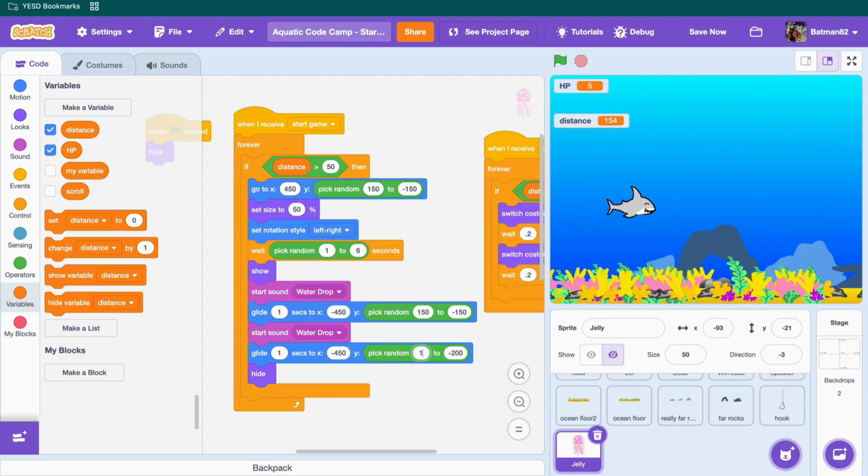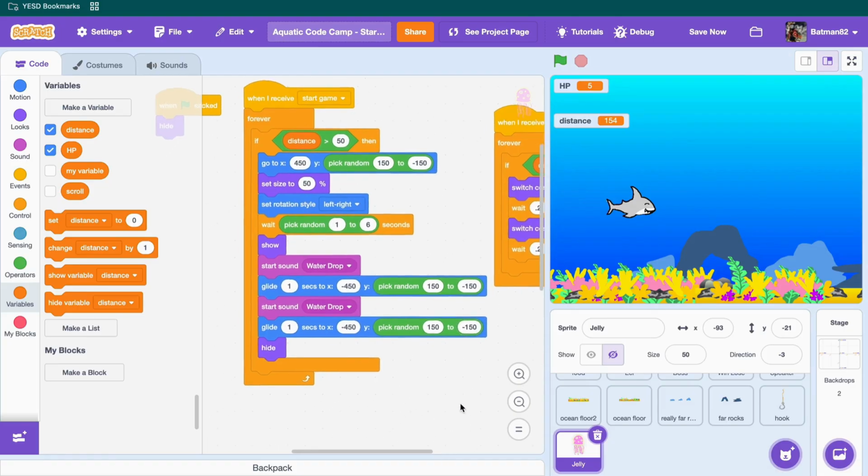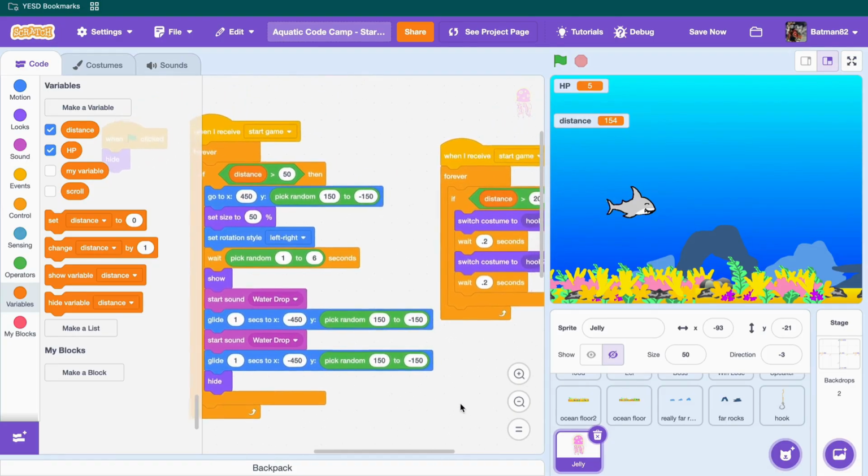Pick from 150 to negative 150. That's the y-axis, up and down, and then hide. The hide is when the jelly gets to the end over here. Okay? So let's go to